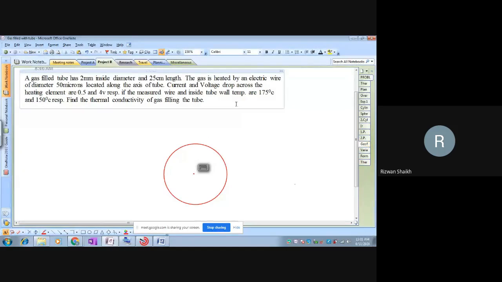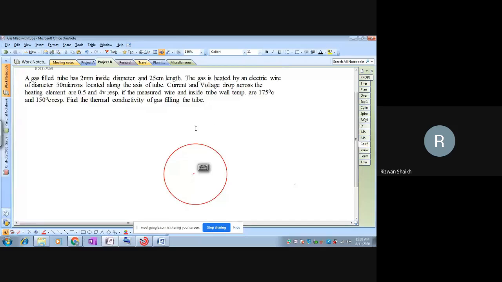Now, people get confused about why they have asked you to calculate the thermal conductivity of gas, because they feel that conduction does not take place in gas. They always have in mind that only convection takes place in gas. But as I told you, conduction takes place in solid, liquid, and gases. So whenever they ask you to calculate the thermal conductivity of a gas, you have to apply the formula Q = delta T upon R_TH, that is, the thermal conductive resistance.